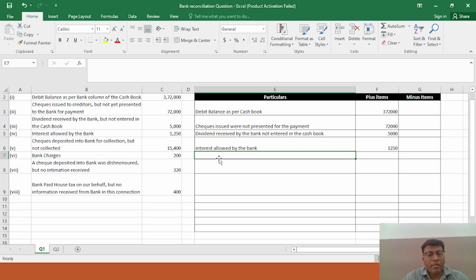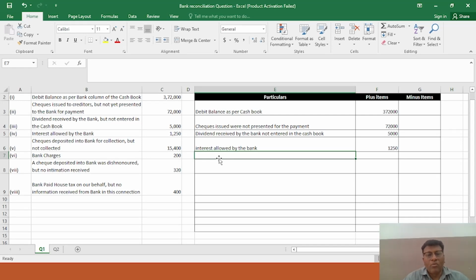But what happened is that these checks could not be collected, and the bank did not credit your passbook balance or your bank account. So this is the case where you think you deposited the check for collection and you are entering this transaction in the cash book. The cash book amount is increased by this transaction, but there is no change in the passbook balance. There is no effect on